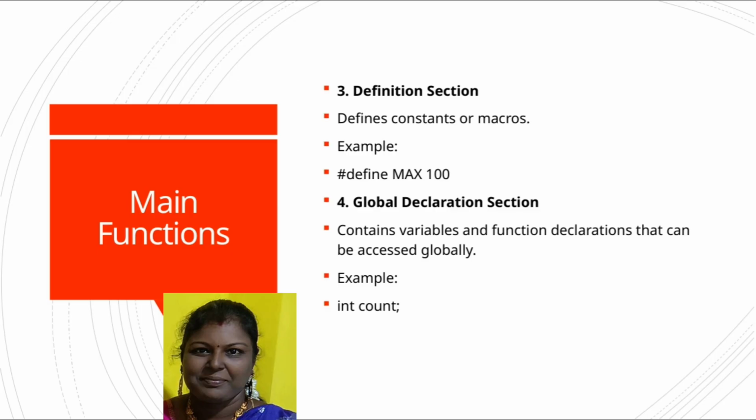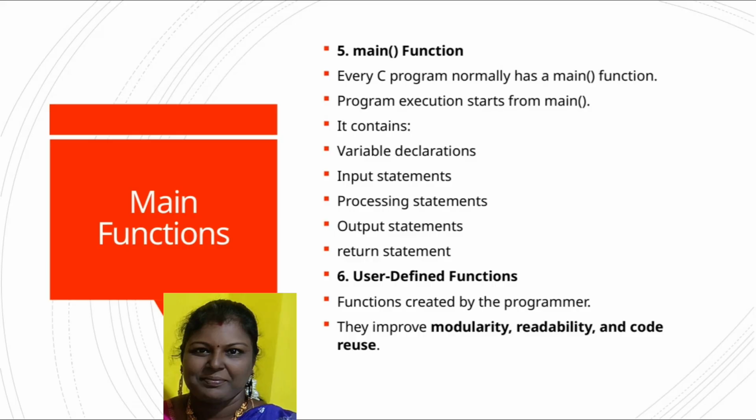Every C program usually starts with the main function. This is where the program's execution begins. Inside main, we typically find variable declarations, input and processing steps, output commands, and finally, a return statement to end